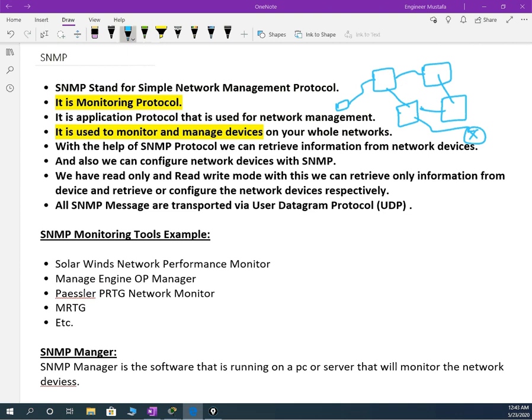There are 2 components: the SNMP manager and the agent. The manager is simply a PC with the application installed. The agent is our networking device, whatever device we have, like an IP-based device.